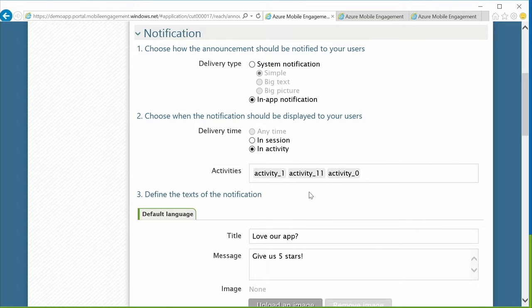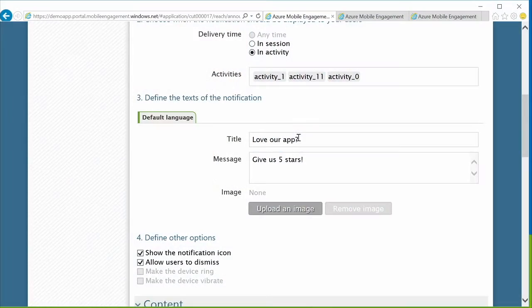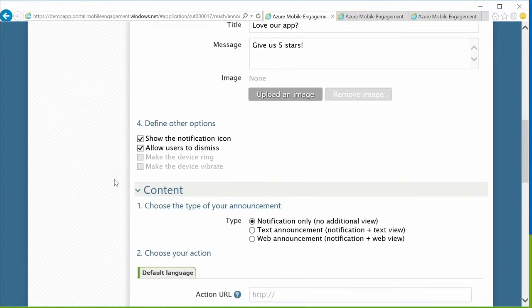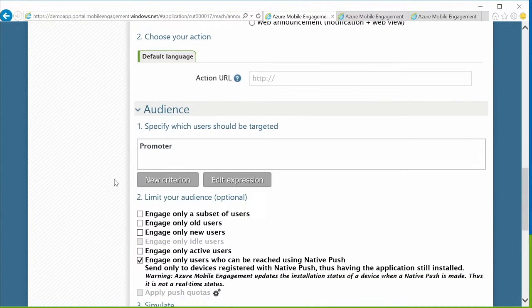You can not only define who will receive, but when, in the sense of on which screen the communication will happen. And for the store rating, it's extremely important. As I mentioned, use a very positive message. Make sure that people who are going to move forward with it are people who really want to give you 5 stars. Otherwise, you'd rather not have them go to the store to rate you.